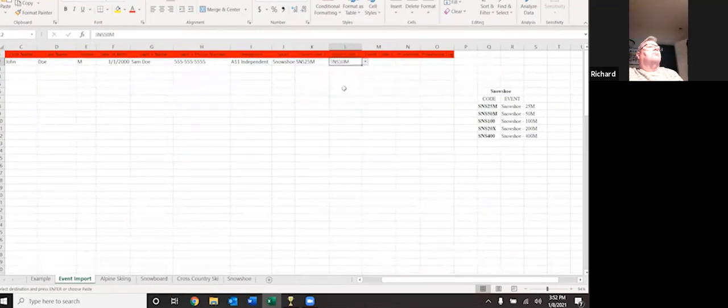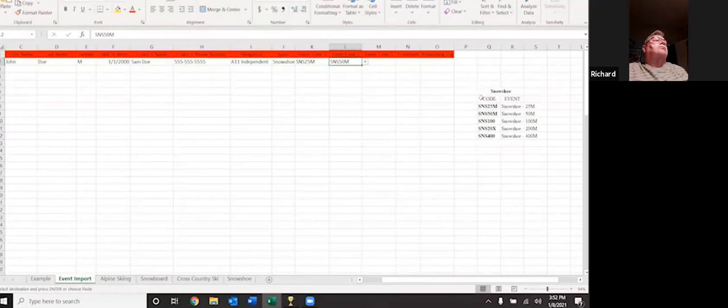You don't want to type these in yourself because these codes need to be exactly the way they're written in this code section to be sure that they're being entered. Any sort of mistake, any sort of misspelling may prevent them from being entered in that event and can cause future issues coming to the event and registration issues in general. So always double check the spelling, use the drop down menus, and then at this point you can delete this unless you have more snowshoe athletes,